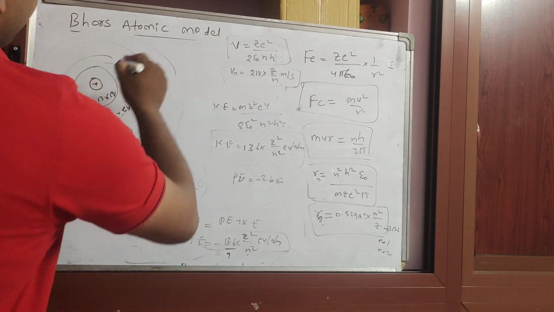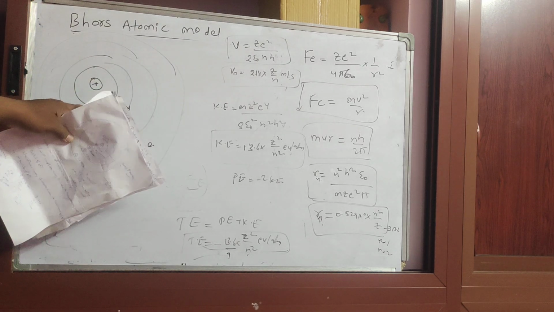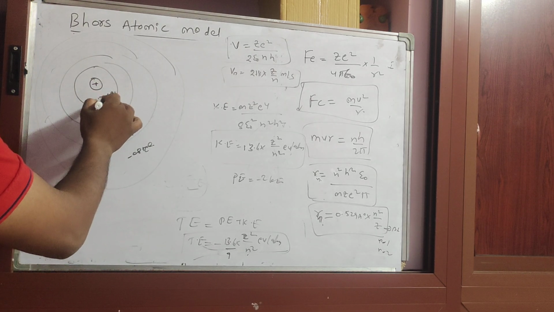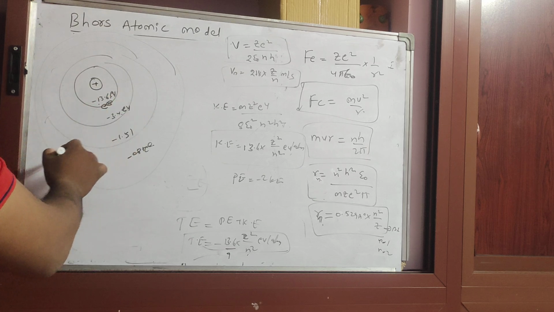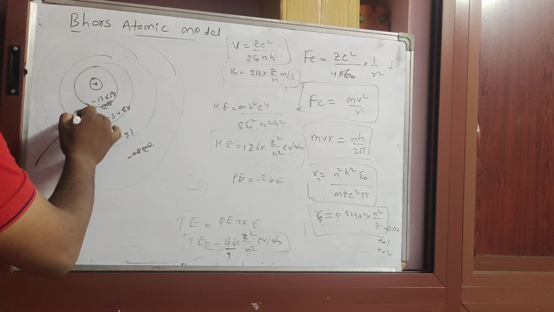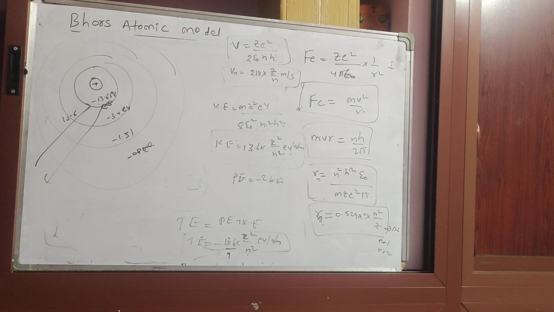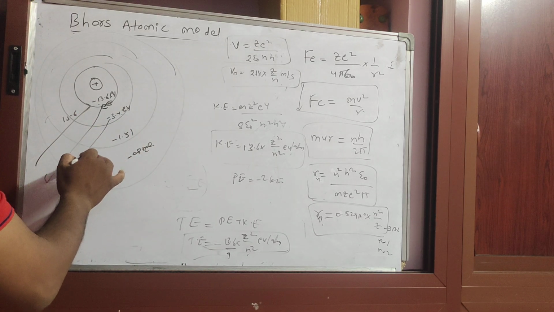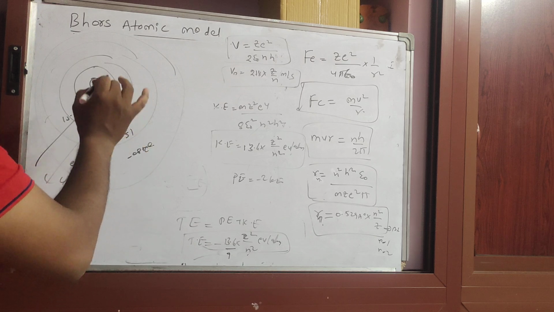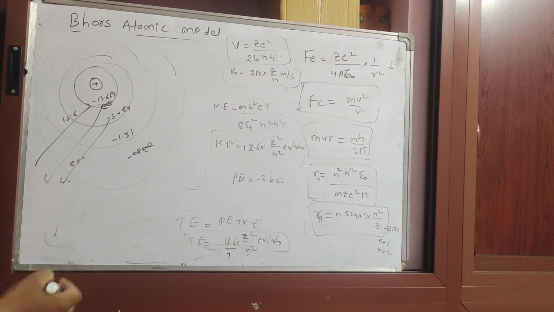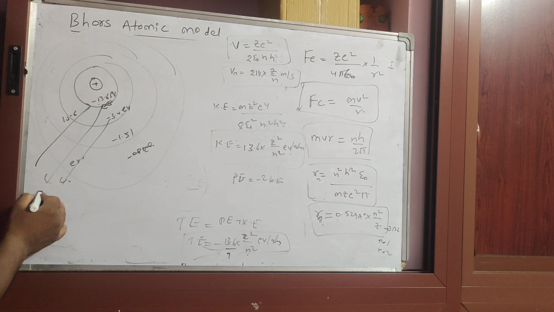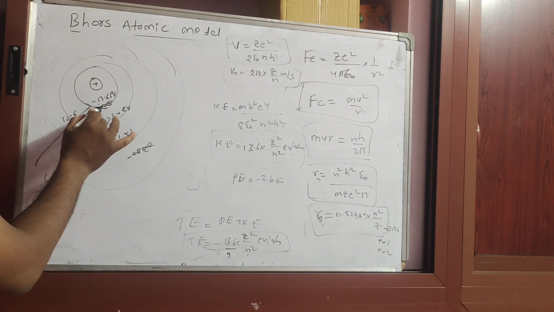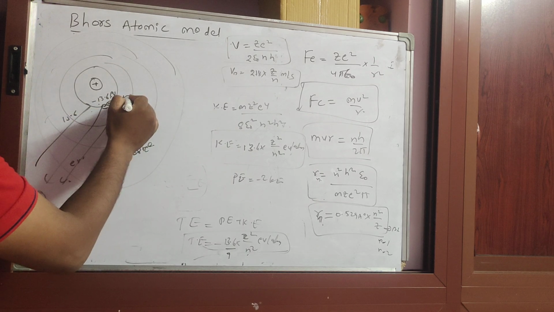This is another shell. The nucleus binds this electron with 13.6 electron volt energy. By supplying 13.6 electron volts of energy, this electron will come out. Similarly, by supplying 3.4 electron volts, the electron in the second shell will come out. The last postulate is, if any electron is supplied some amount of energy